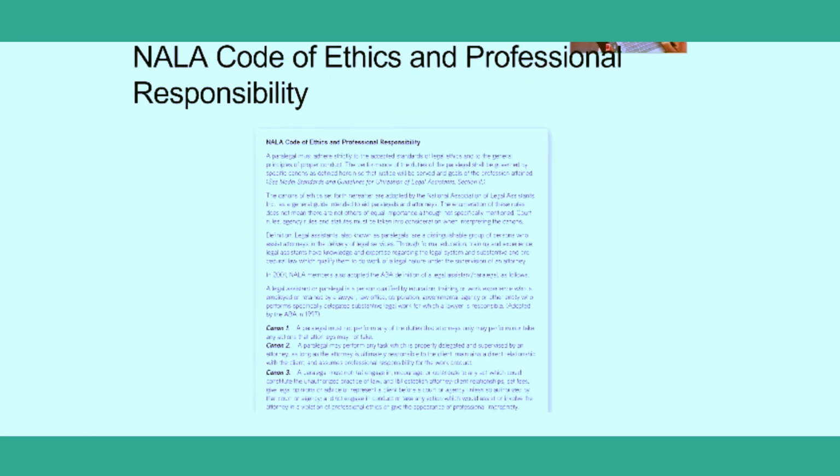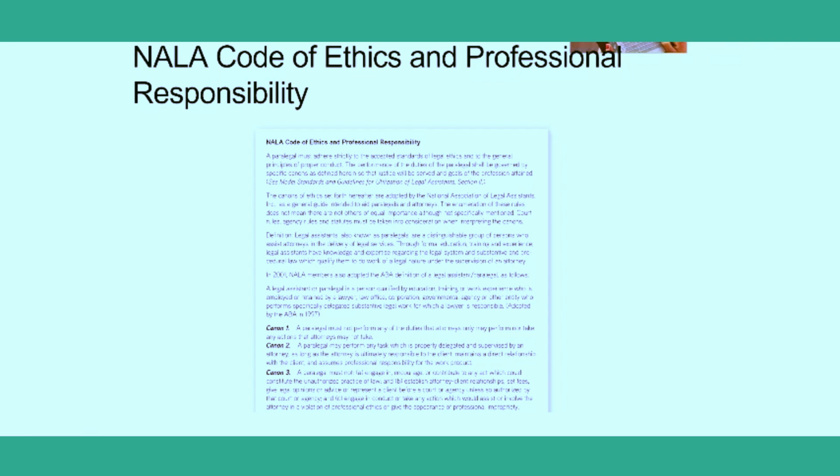Paralegals, on the other hand, have self-imposed voluntary ethical standards that are set out by national or local paralegal associations. For example, the National Association of Legal Assistants, also known as NALA, and the National Federation of Paralegal Associations, also known as NFPA, have their own set of ethical standards that their membership are supposed to abide by.